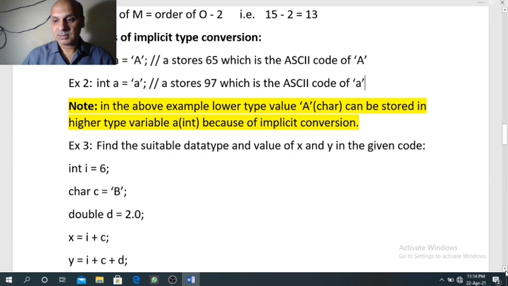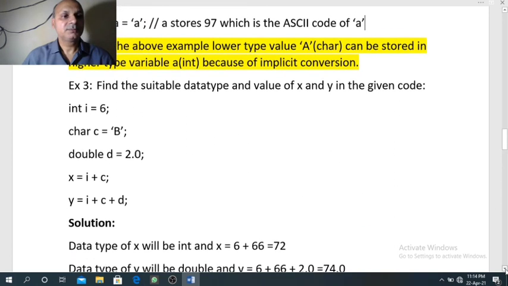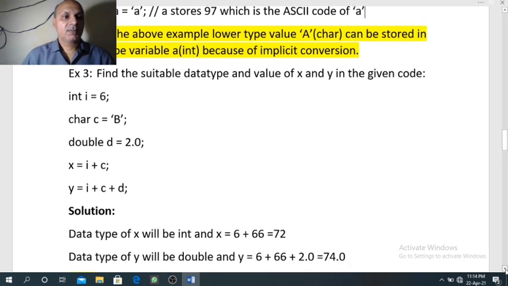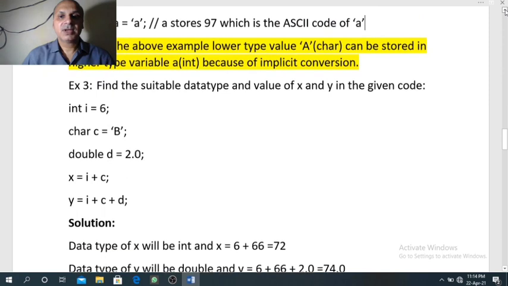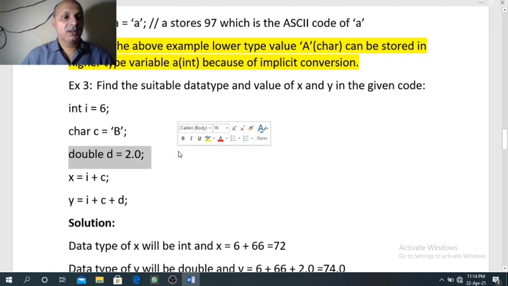Now see the third example. Find the suitable data type and the value of x, y in the given code. int i equal to 6, char c equal to 'B', double d equal to 2.0.